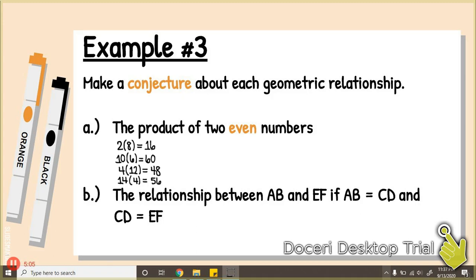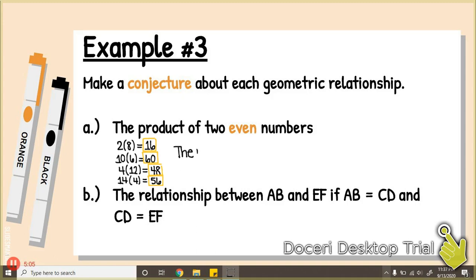That's 56. So I'm going to look at all of my products and I'm going to say, okay, what do I notice about all of the products of all those even numbers? Well, I noticed that all of those products are also even. So my conjecture would be, after looking at those examples,